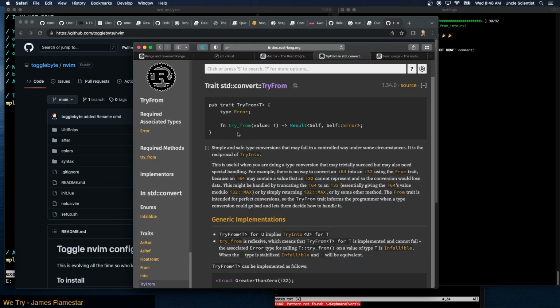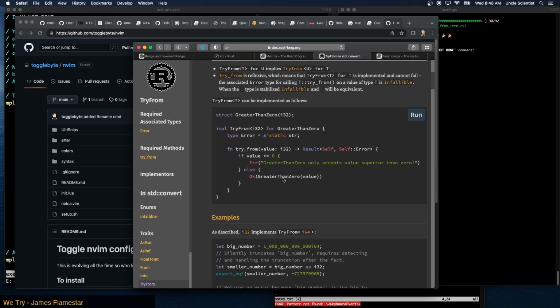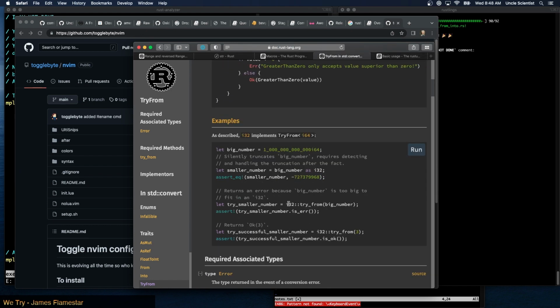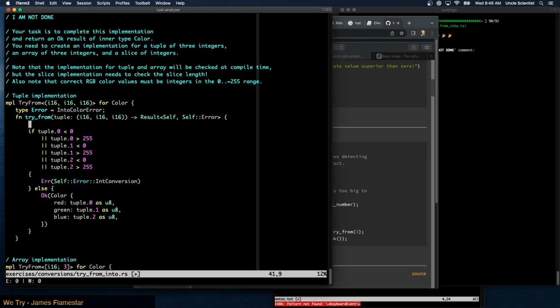Right, and standard convert TryFrom. So we can just do it this way. So we can say u8::try_from(tuple). That's the syntax. Can you iterate over tuple entries? Because then we could just